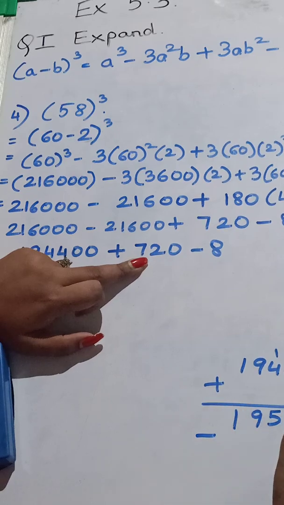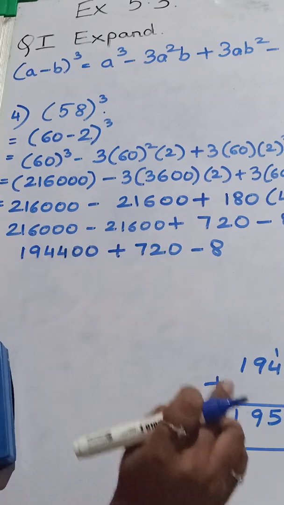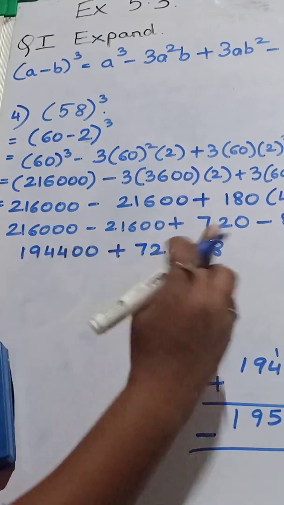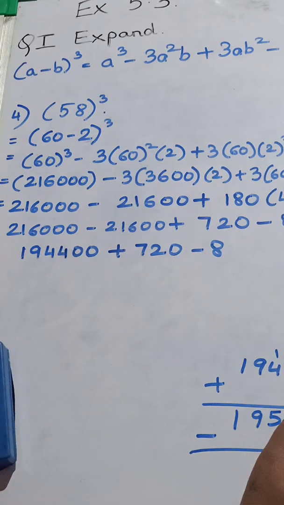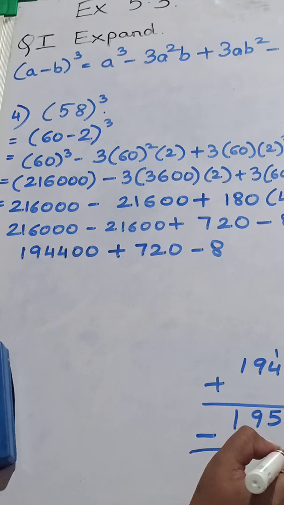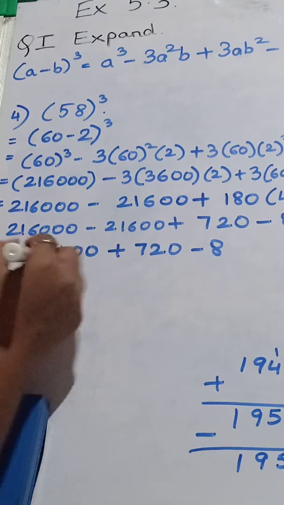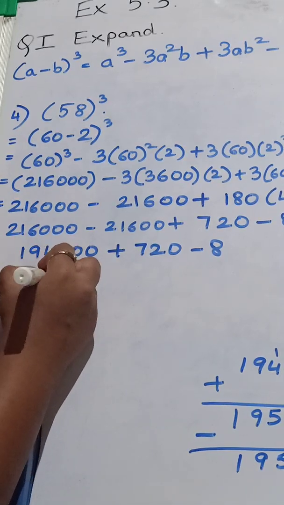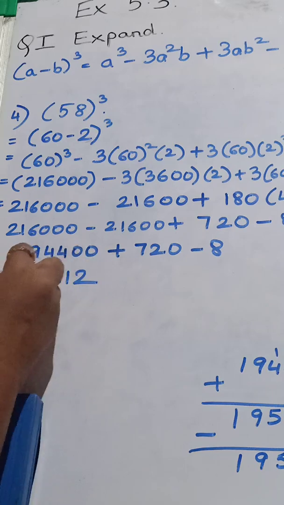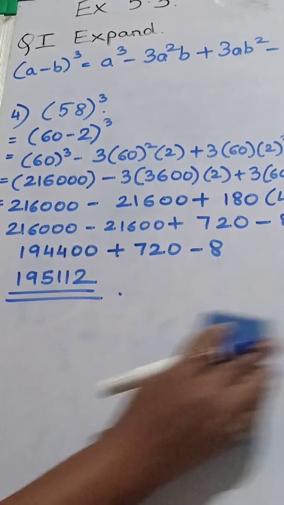Now I have to minus it with 8. Okay. So this gives us this number after adding these two and then minus it with 8. Cancel this. This becomes 1 here. 10 minus 8 is 2. This 1 will come as it is down. This 1 as it is down. 5 as it is down. 9 as it is and 1 as it is. So after solving this, I get the answer as 195112. So this is my final answer after solving all this.